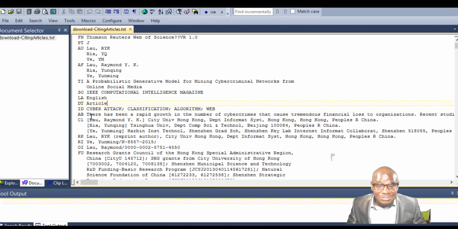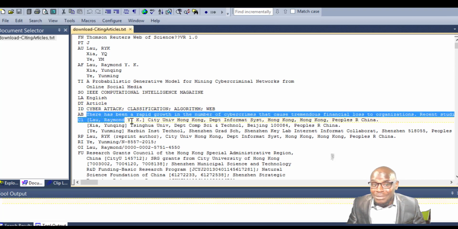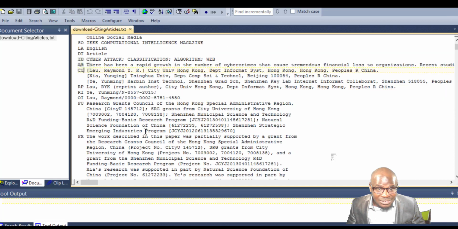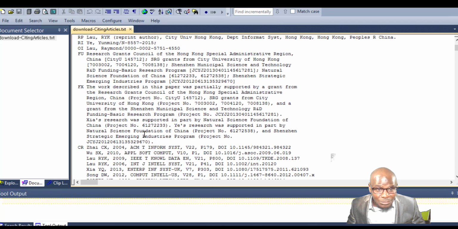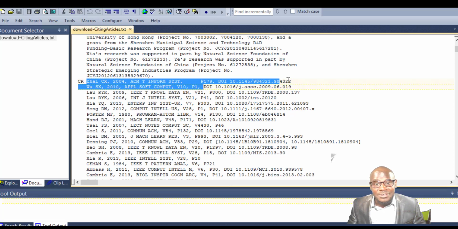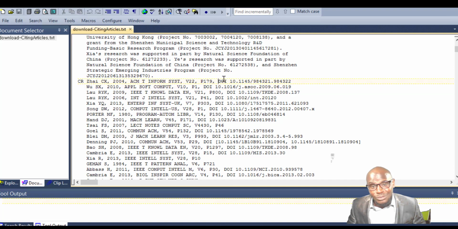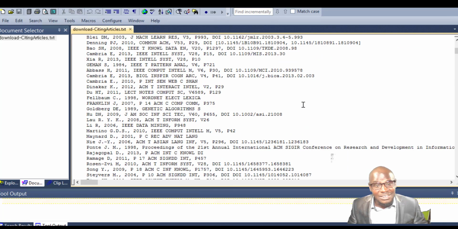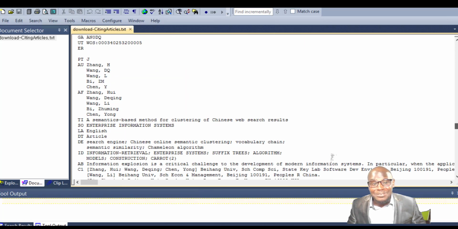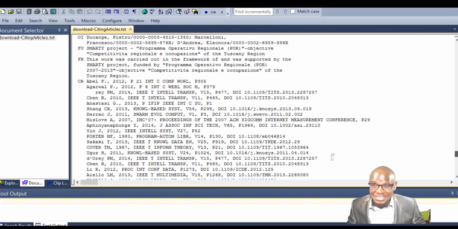And then, as I explained to you, the whole abstract of the paper, the text of that abstract is all written here. And then this one, CI, let's see the most important thing that we were all talking about. That is here, the citing references. You will find each reference cited in this paper, including its document object ID to get that paper. And of course, this is a big number of papers and articles in the data set I downloaded